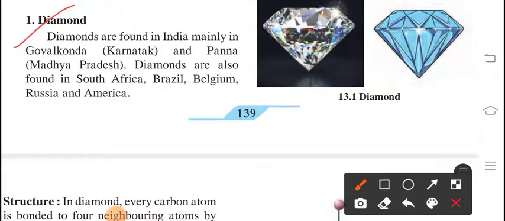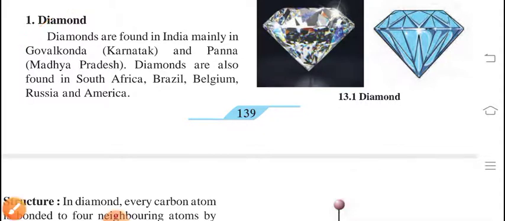Diamonds are found in India, mainly in Golconda, which is in Karnataka, and Panna, Madhya Pradesh. Diamonds are also found in South Africa, Brazil, Belgium, Russia and America. It has a structure like,